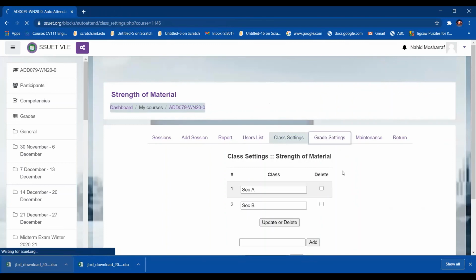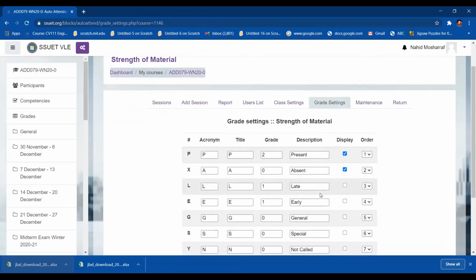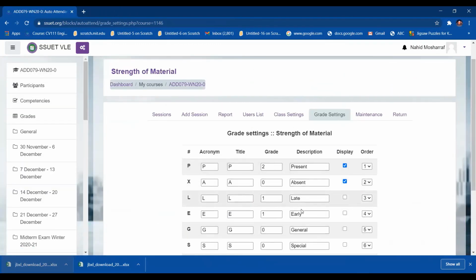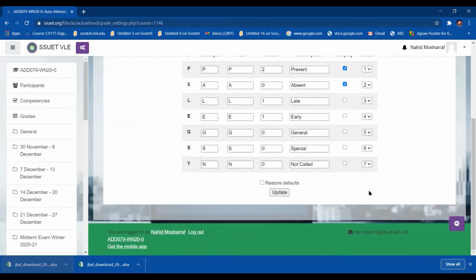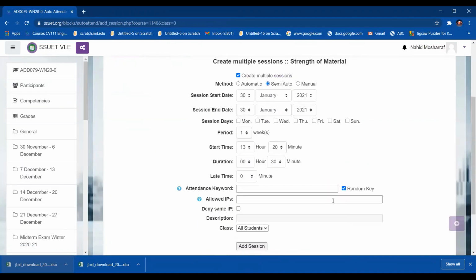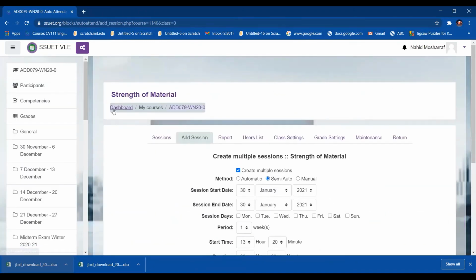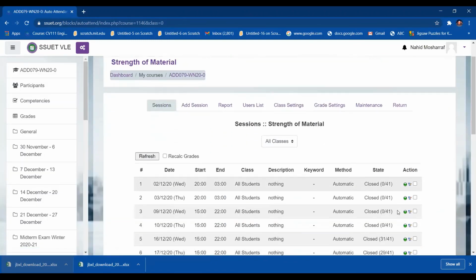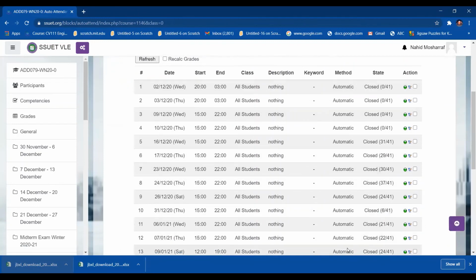For example, in the grade settings, you can add late, early, or other statuses if you want to. So this is the way to create the edit session, and you will get your attendance whenever the class is conducted. Your attendance will be automatically marked over there if you have marked the automatic option.